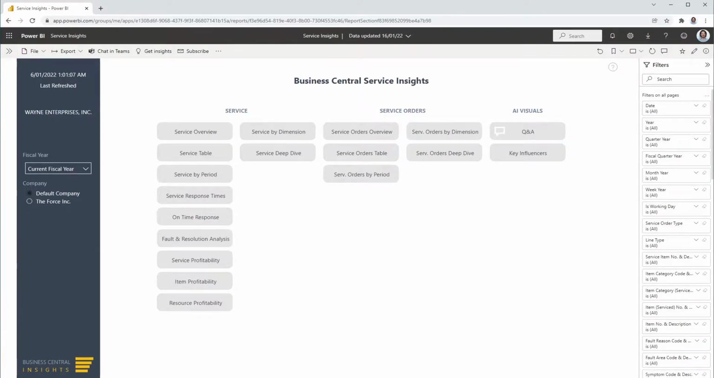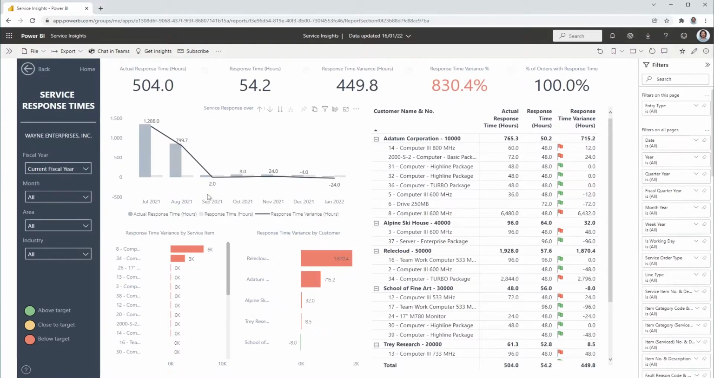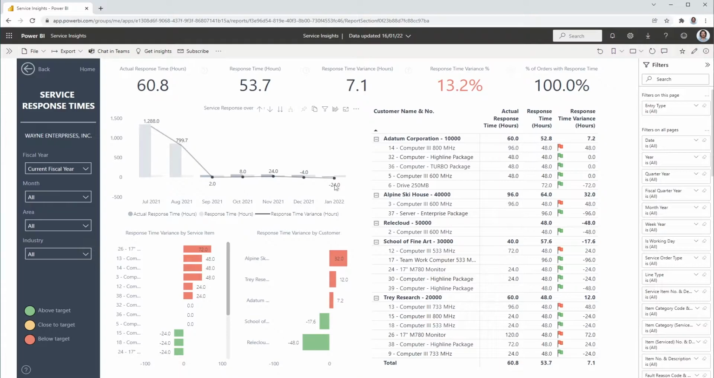In this report, we see how we're tracking against agreed response times, and the variance tells us how many hours we were behind or ahead. Let's say we want to see how well we track since September. Our actual response times were 60 hours, which was 7 hours more than requested, and we are 13% over agreed